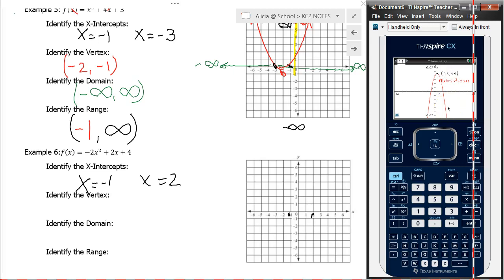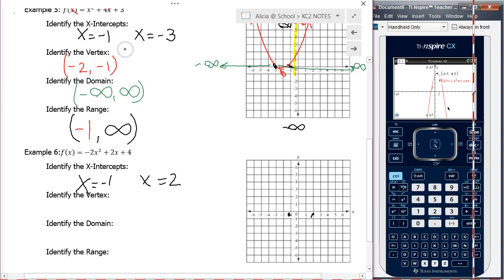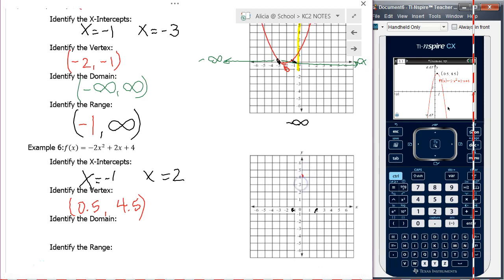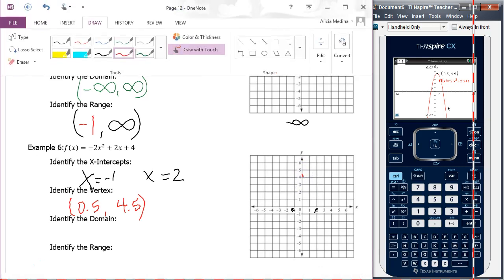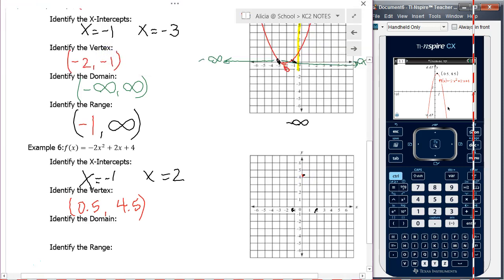So that is my vertex point, 0.5, 4.5, which is going to be about right here. From that point, we know it's going to be concave downward. So from this point,